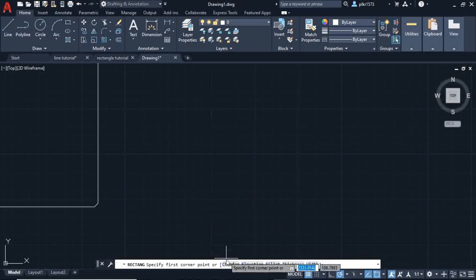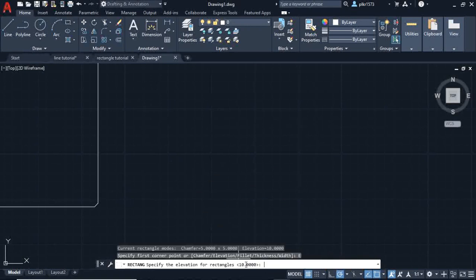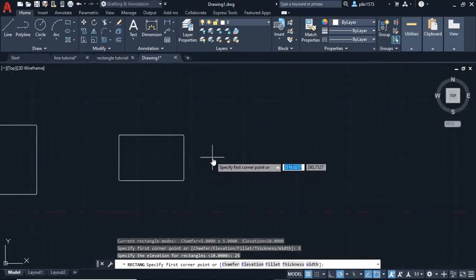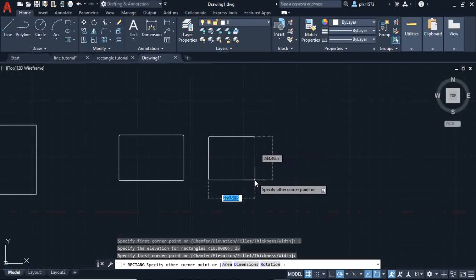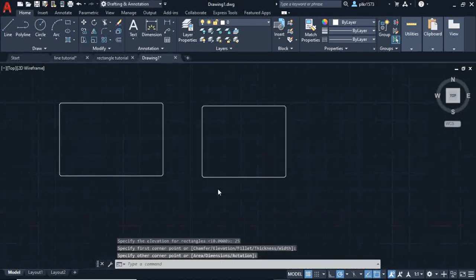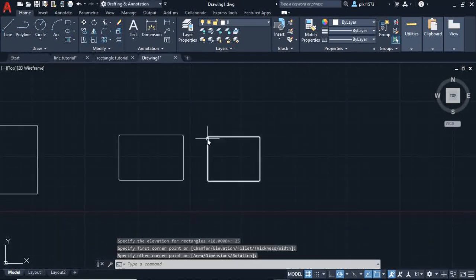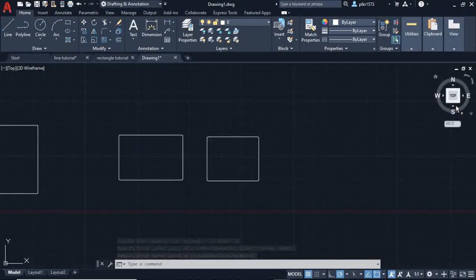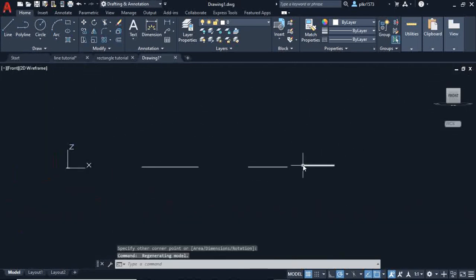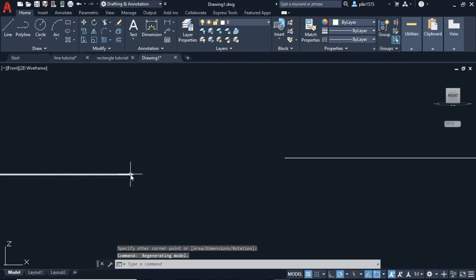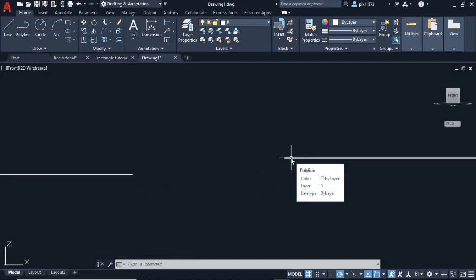And next one is elevation. If I click the elevation and give 25, enter, and if I draw the same drawing, can you feel any difference? No, right? So when you go for a front view, you can feel the difference. So from the base onwards, it moves 25 mm upwards. So that is the elevation rectangle.